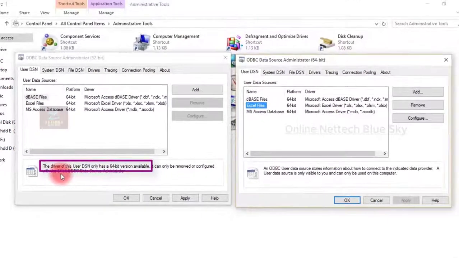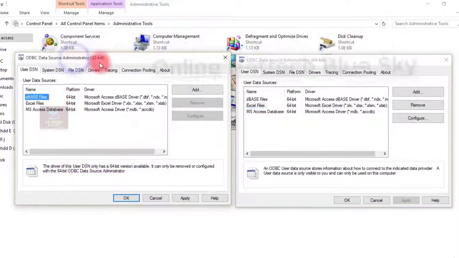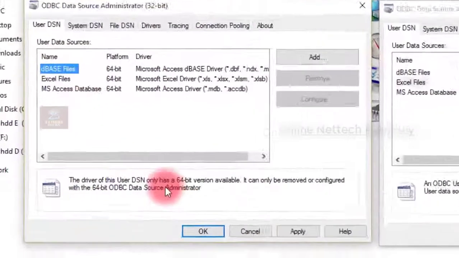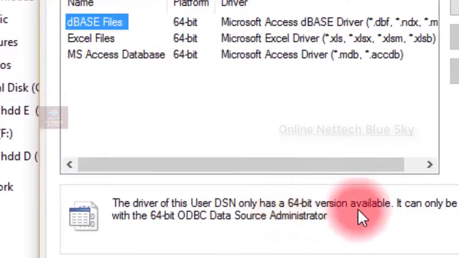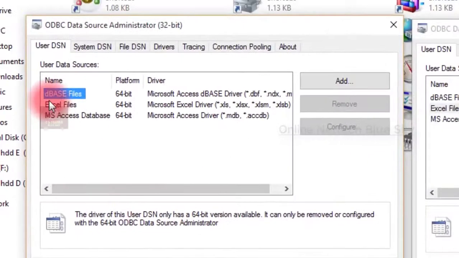So every program, your software, your system programs are available in this control, your software main files here. So DBase files means your 64-bit, the driver and everything, user files.